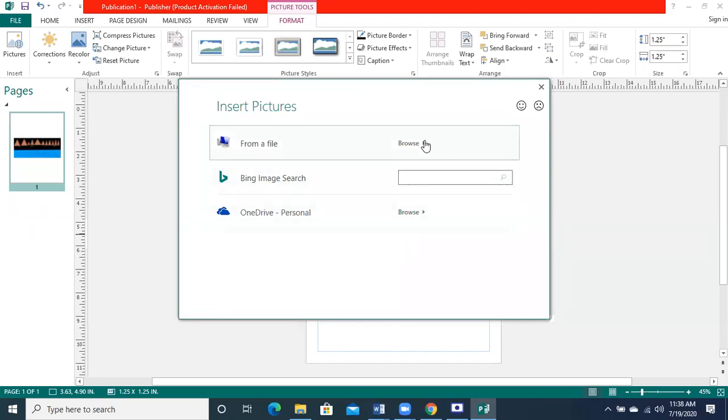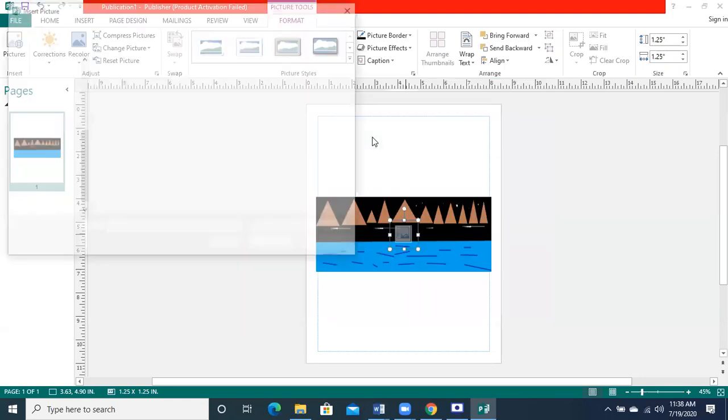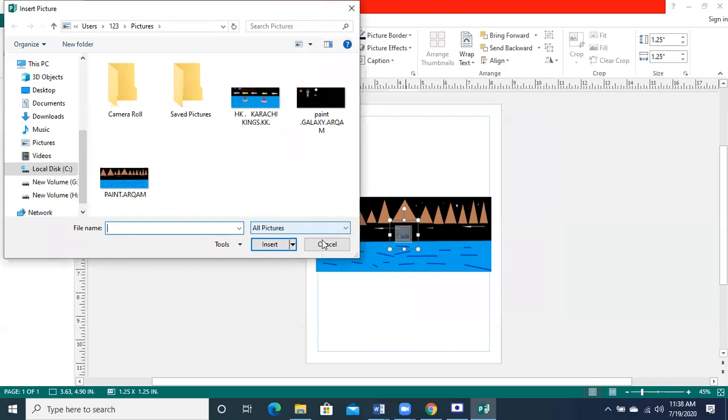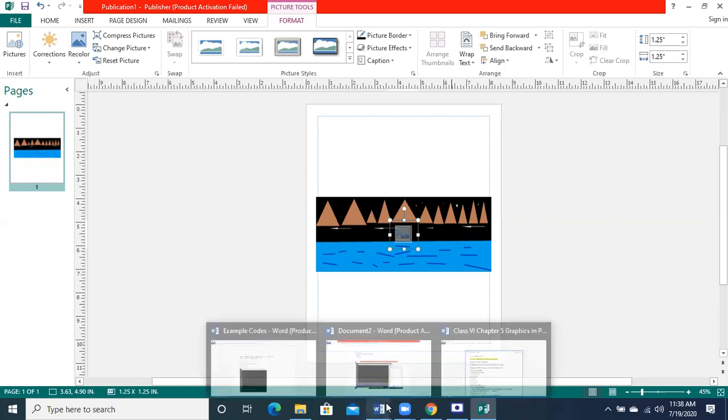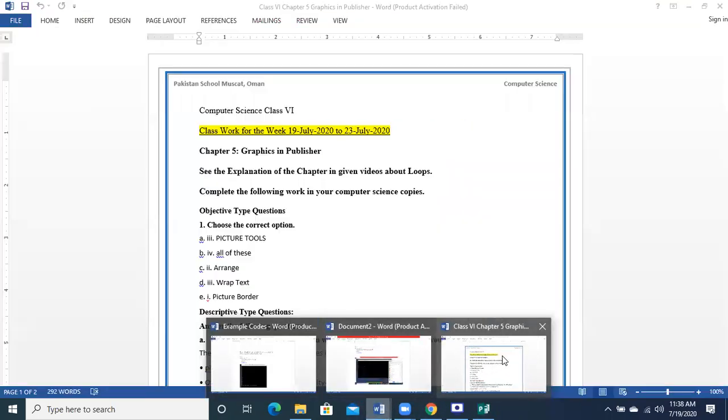And if you go to the file option, it will browse your PC, your computer. You can bring the picture from there. So the MCQ is about the method of how you can bring the picture in; all these options are available to do this job.